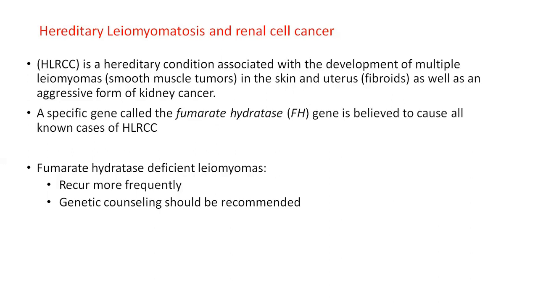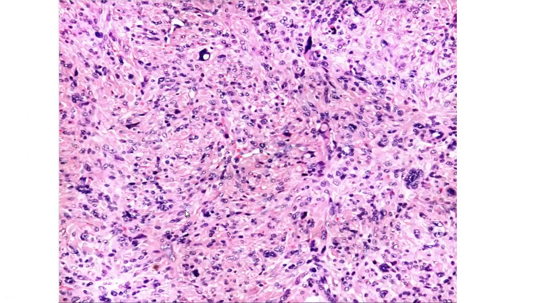So in this syndrome, the gene known as the fumarate hydratase gene is believed to cause all known cases of HLRCC, and fumarate hydratase is the normal enzyme in the Krebs cycle. Whenever we have a fumarate hydratase deficient leiomyoma, they commonly recur, and strong genetic counseling is recommended as well. So this is an example of a fumarate hydratase deficient leiomyoma, in which